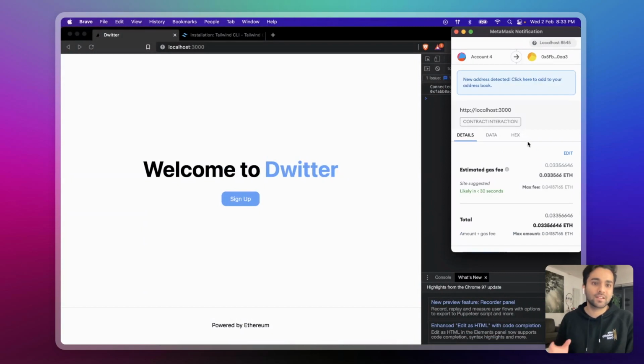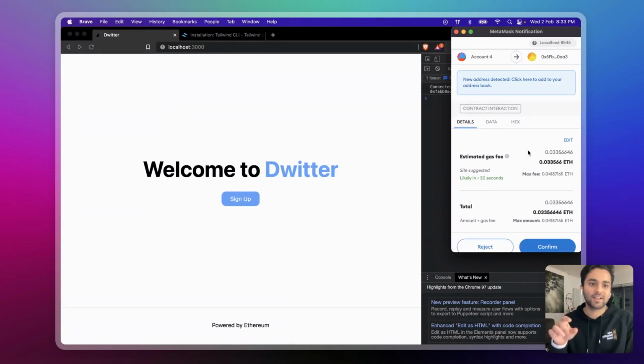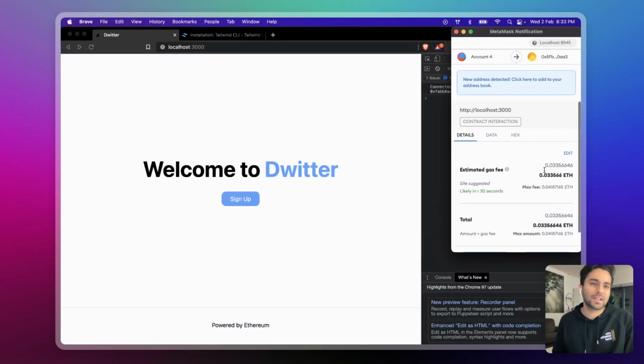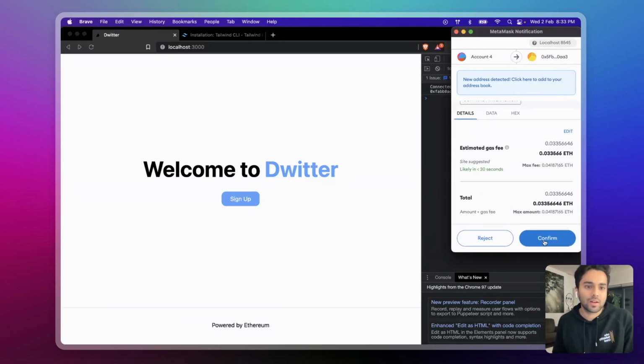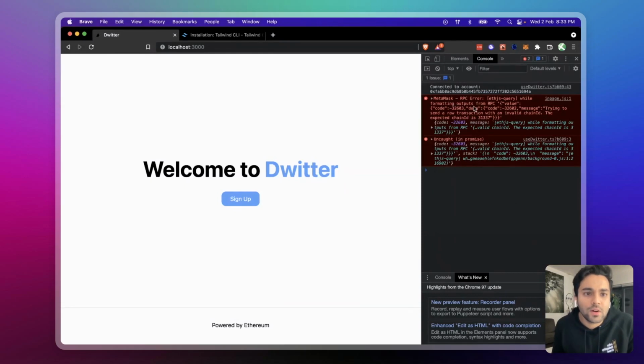Since this is an Ethereum transaction, there will be some gas fee, which I explained is used to do any transaction on Ethereum. But anyway, this is on the local network, so it's fine. Okay, we got some error here. Let's just take a look. It's okay. This is an obscure error because MetaMask actually needs